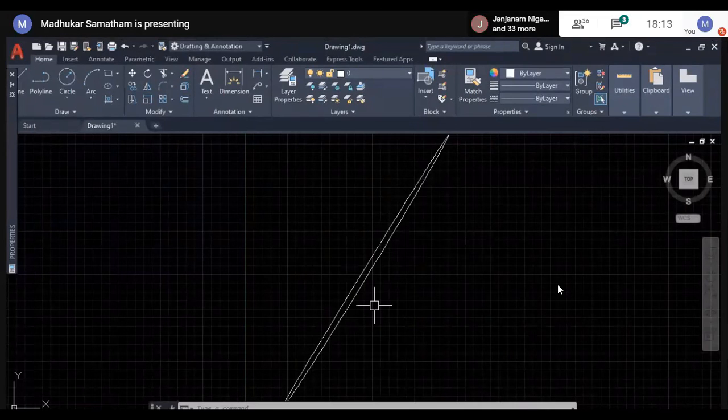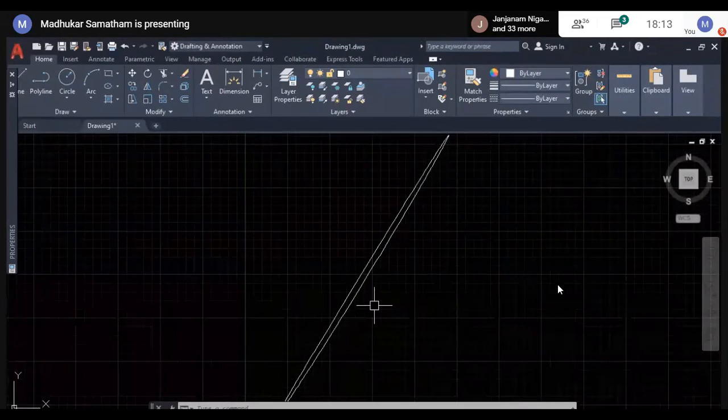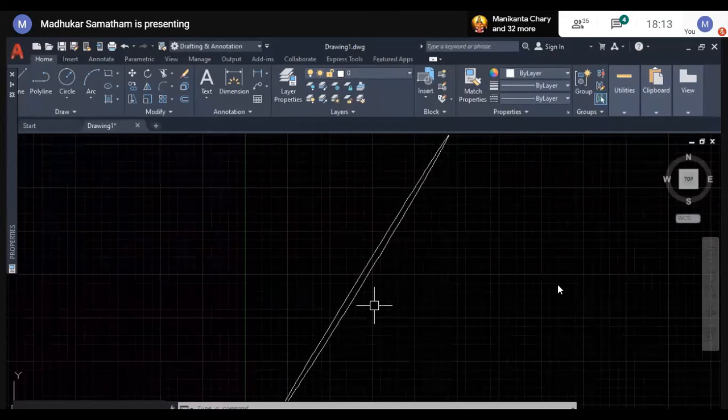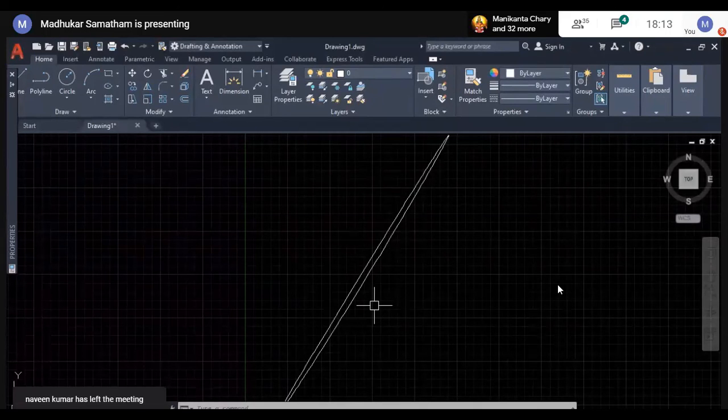I will give you the exercises. At the end of the session, I am going to post to Mr. Madhukar. He will share with you some exercises you have to do. Someone else, Sachin Laddu: can you give any practice exercises? Yeah, I will give you. I will post to Madhukar. Madhukar will share with you. Okay. Thank you. We are done for the day. Everyone can leave now. Thank you very much, all of you. Have a good day.